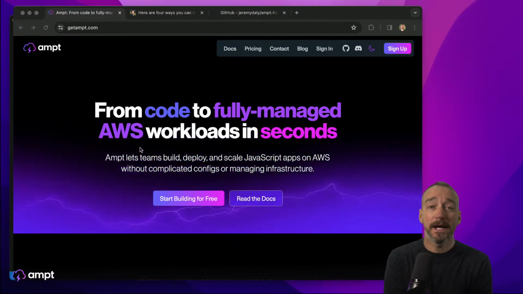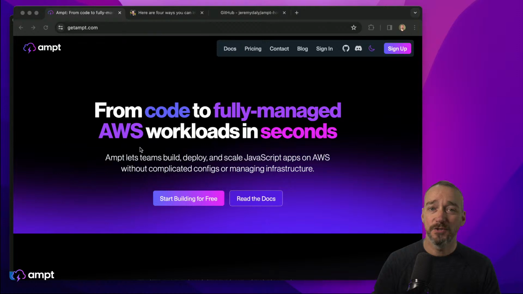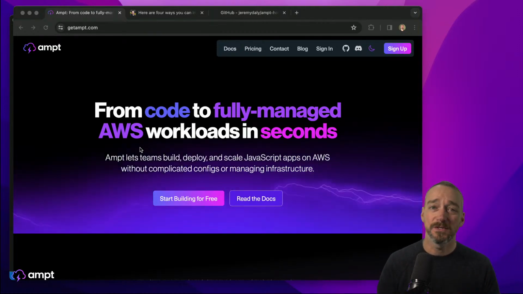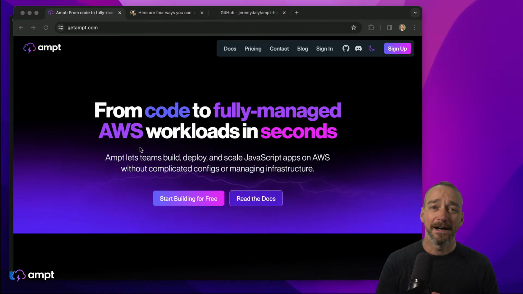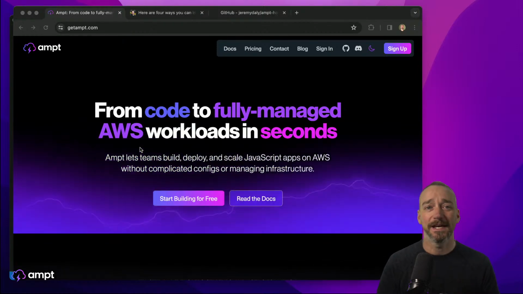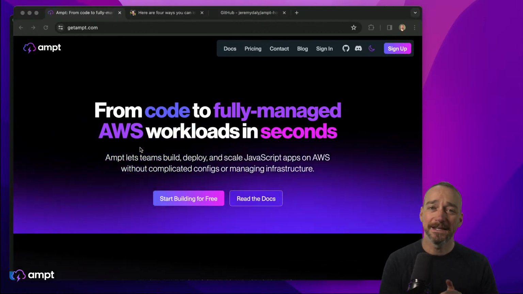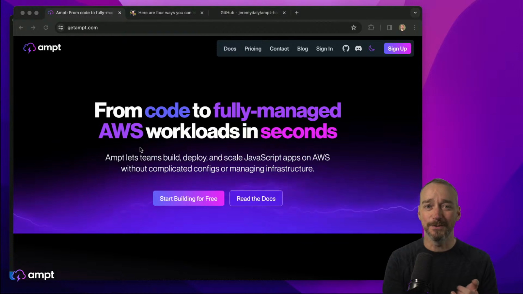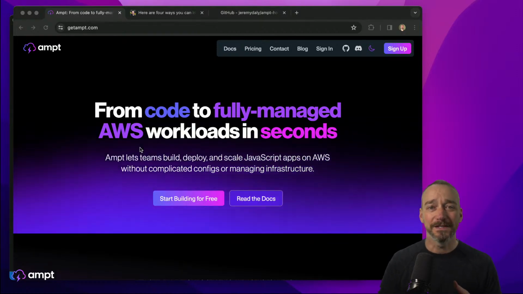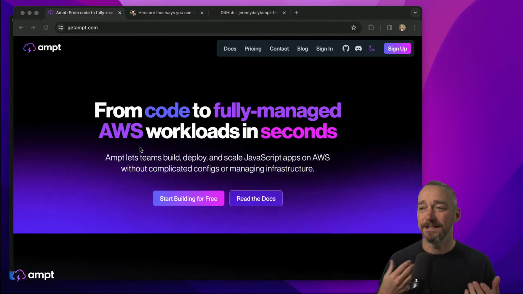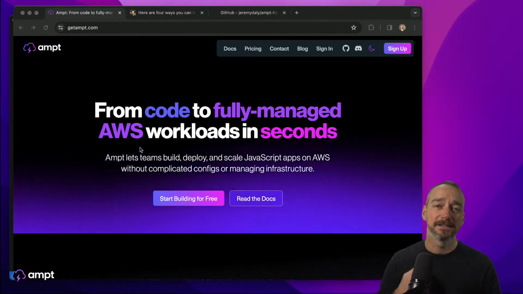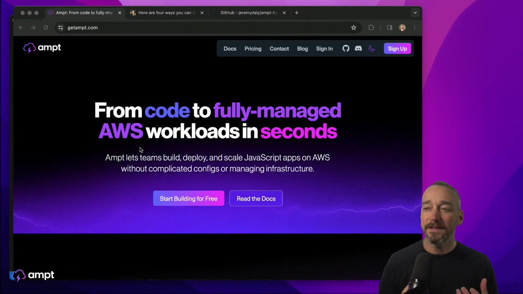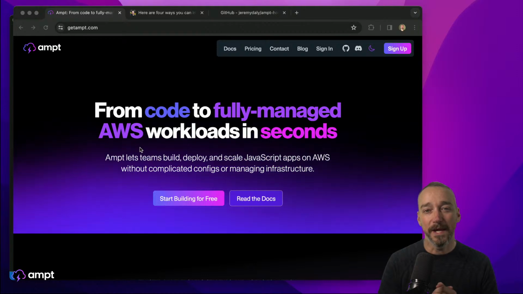There are a lot of different use cases you can build with Ampt. Last week we showed you how to host a Next.js site. We showed you how to do Astro sites. We've talked about how the data works behind the scenes, so you can use DynamoDB. We've done some cool things with progressive enhancement of sites. We've done a whole bunch of things, but one of the things that comes up quite a bit, especially with serverless,